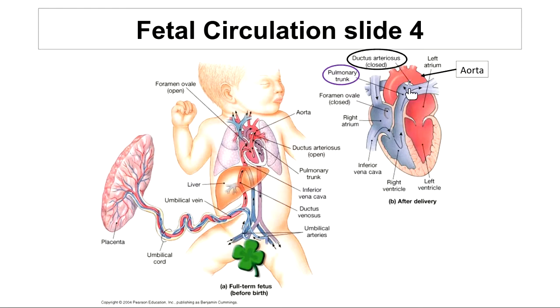It keeps the blood from going to the lungs. It's a vessel which connects the pulmonary trunk to the aorta. This shunts most of the blood away from the pulmonary circulation, since the lungs are not yet functional in the oxygenation of the baby's blood. So we have two modifications there that have shunted the blood away from going to the lungs. After birth, this vessel atrophies. It's going to shrivel up and become non-functional, a fibrous cord, the ligamentum arteriosum,